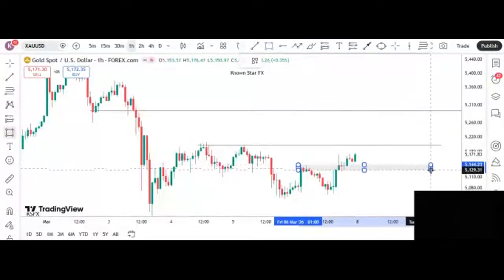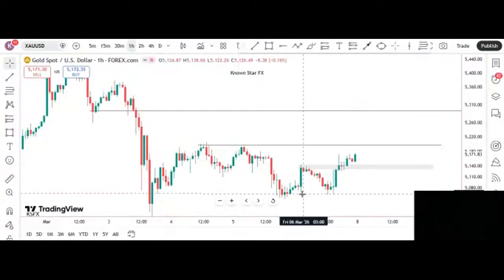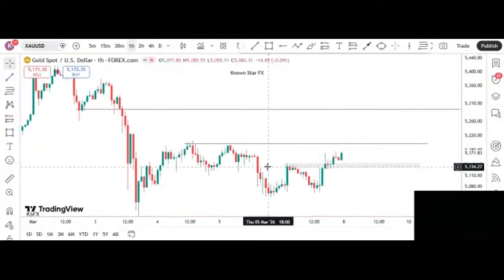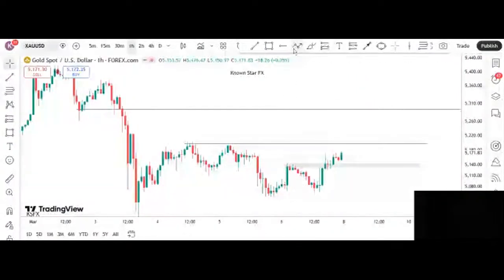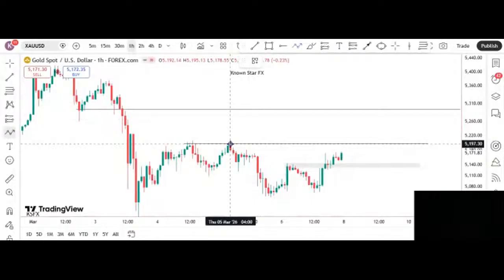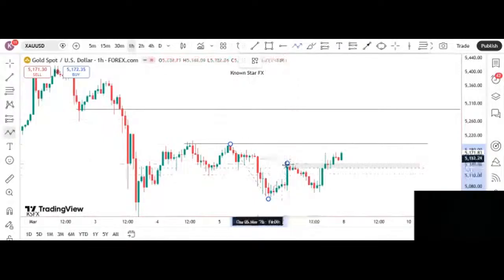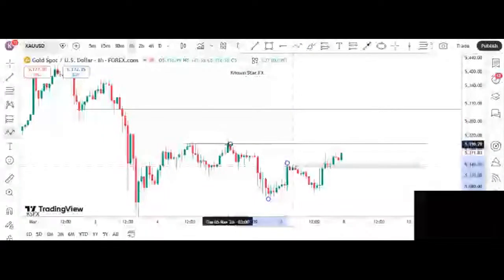We have this level right here, right? If you agree with me, this is a what? Now, okay, the market was selling. This is a lower high, right? This is a high right here. This is another high, but this high right here is lower than this one, right? This is a lower high,